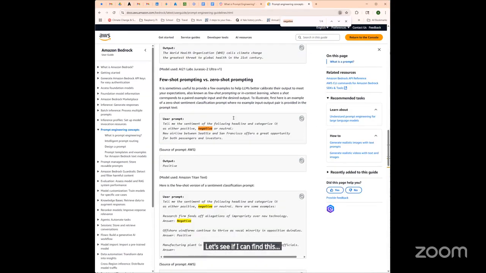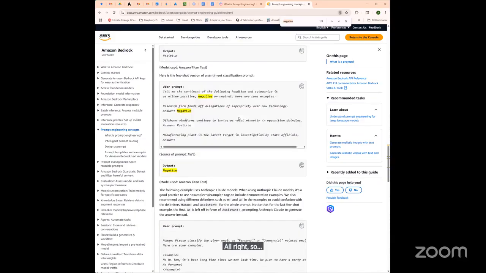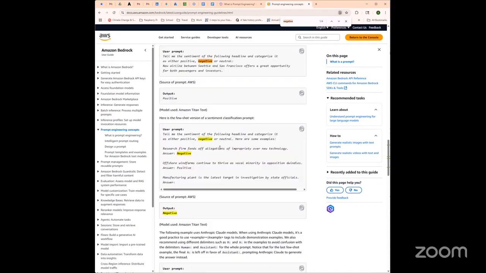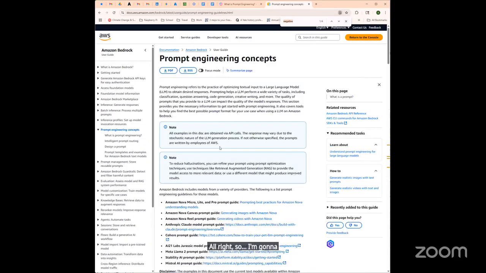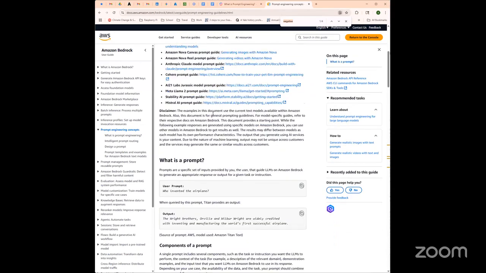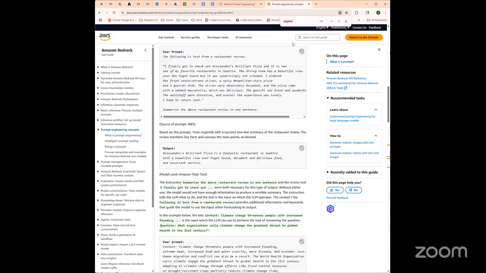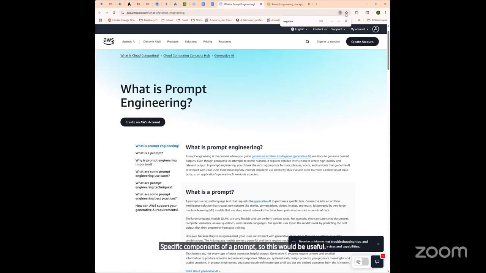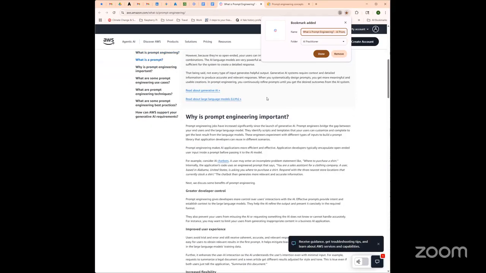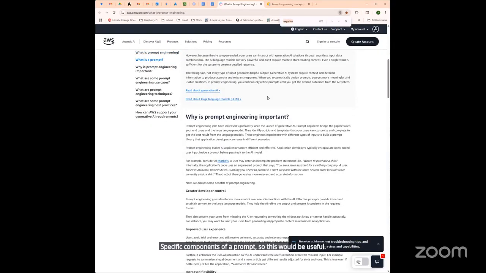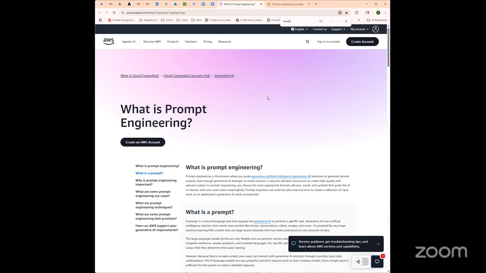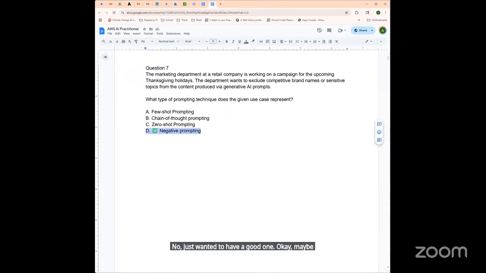So this is components of a prompt. So this would be useful. No, this wouldn't have a good one. Okay, maybe we can infer from the other ones.